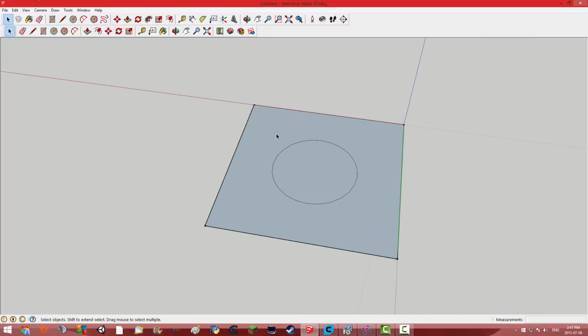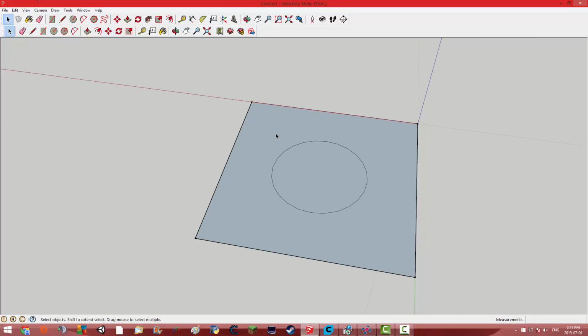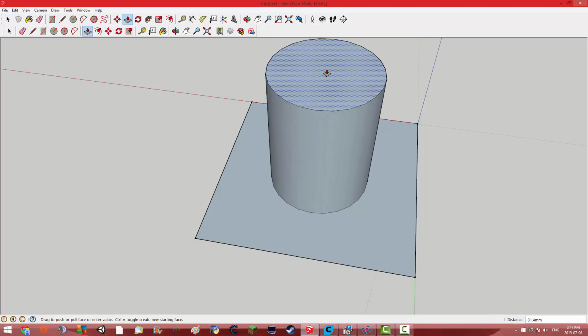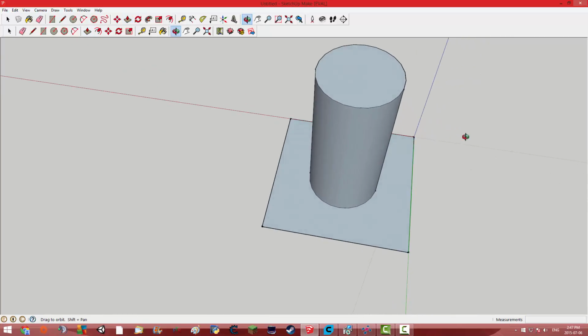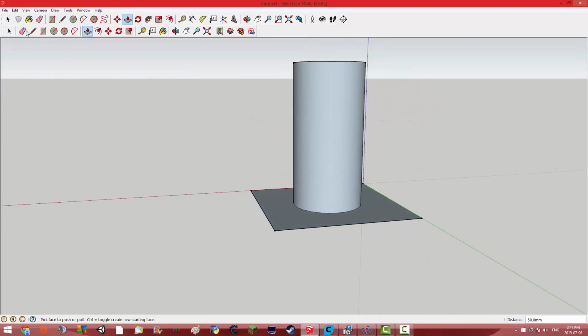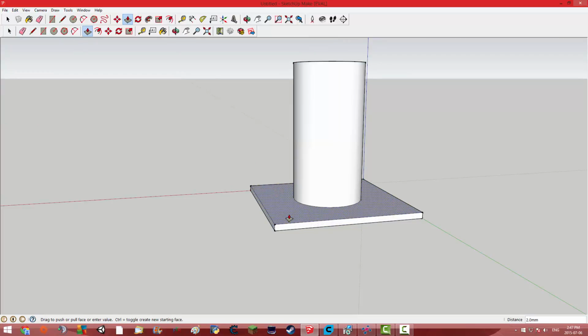Now I'll pop this thing out like 50. By the way, when it says negative, ignore that. Say I want to go up more, to 50, then I just do 50, and it actually does go up. If you do negative 50, it doesn't go down negative 50. It's just a weird thing. I don't know why they do that. And then I'll pull this guy up